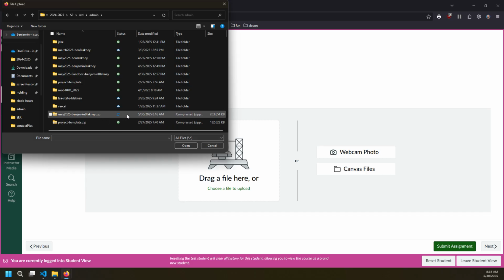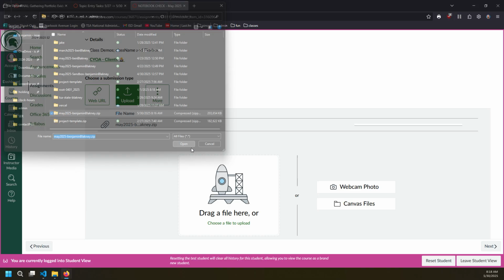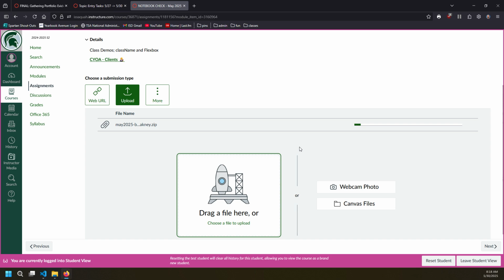Look for the one with the zipper. This guy right here. Mine's still syncing to OneDrive, so it might take a second. But now I can just click and open. That will upload the entire web design notebook check for May as a single file, because it's zipped everything into one sealed backpack or sealed bag, so that it can go all the way up to